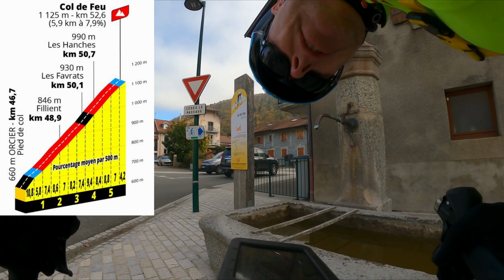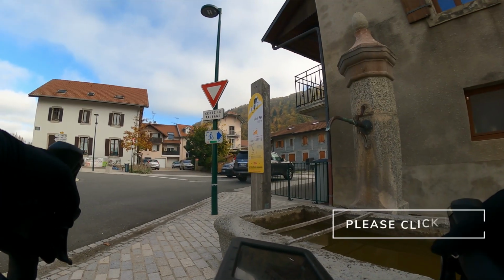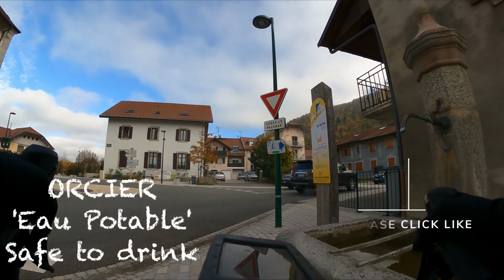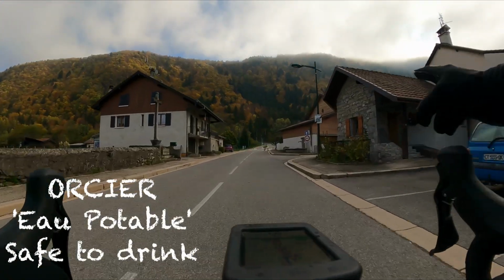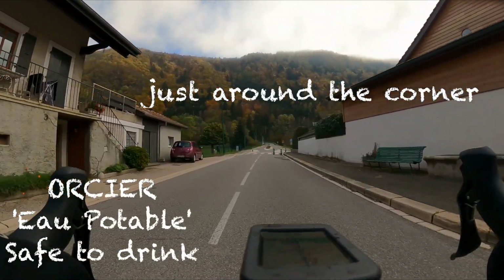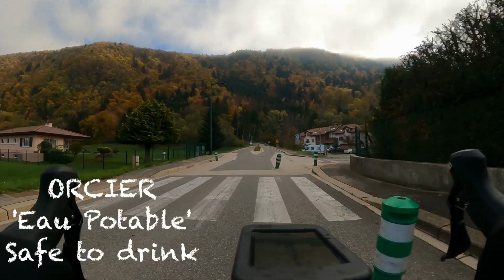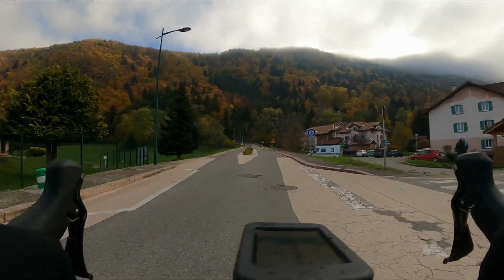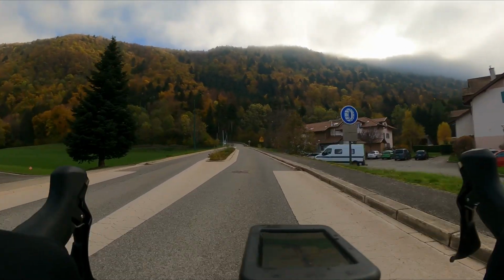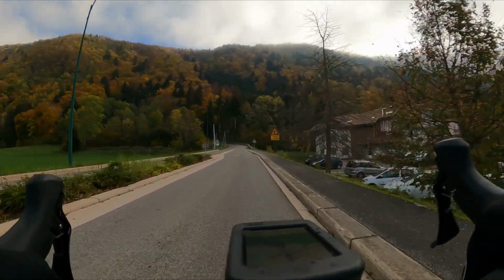So this is the start of the Col de Feu. Water fountain here. This will be eau potable and will be running most likely on the day. There's another water fountain here on the right, eau potable. No problem with drinking that, drink it all the time. That's in the little village of Morzine, right at the foot of the